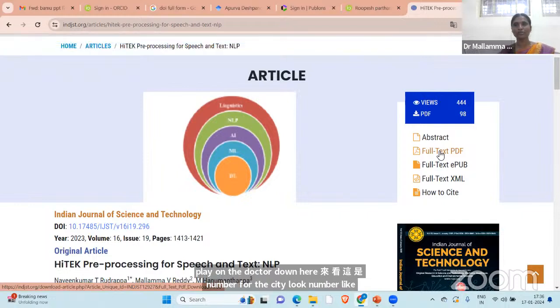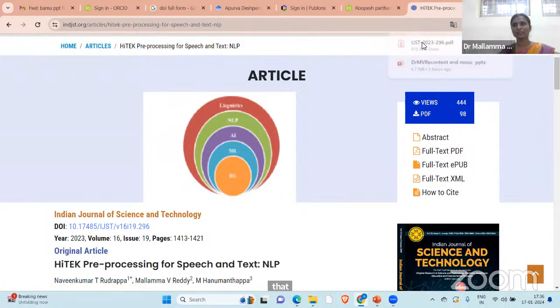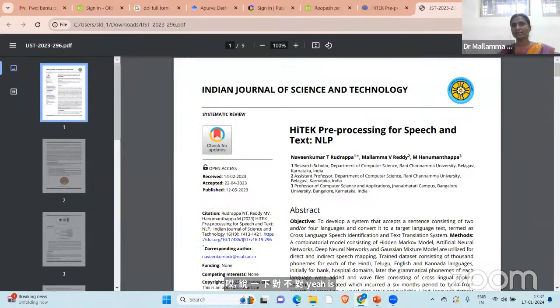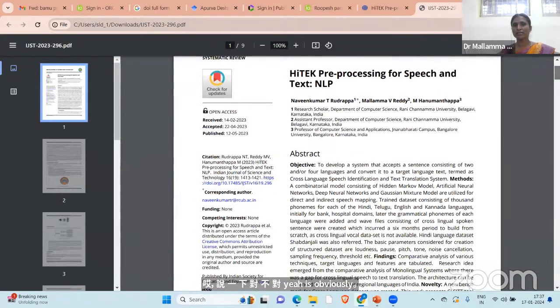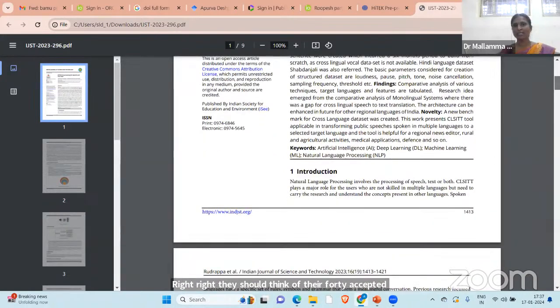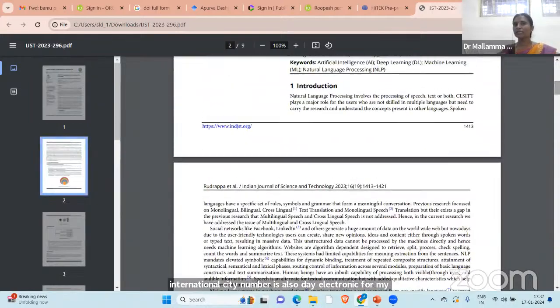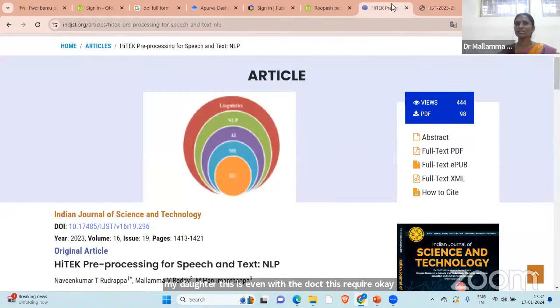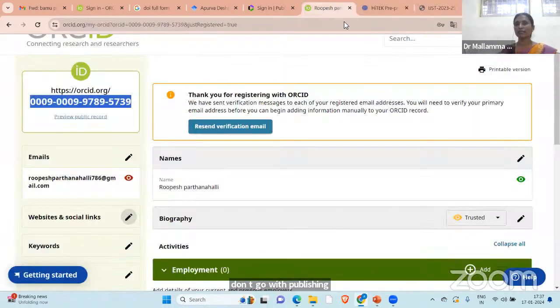I will show it to you. Yeah, it's opened here now. See this? Received on February 14, accepted in the month of April, published in the month of May. It has HTTP, with both e-print and the ISSN, International Standard Serial Number, in electronic format and printable format. Along with that, it is given with the Digital Object Identifier. It is required. Don't go with publishing somewhere that doesn't have any value.